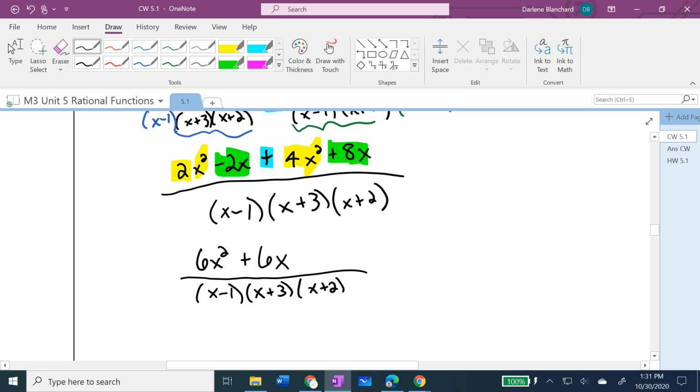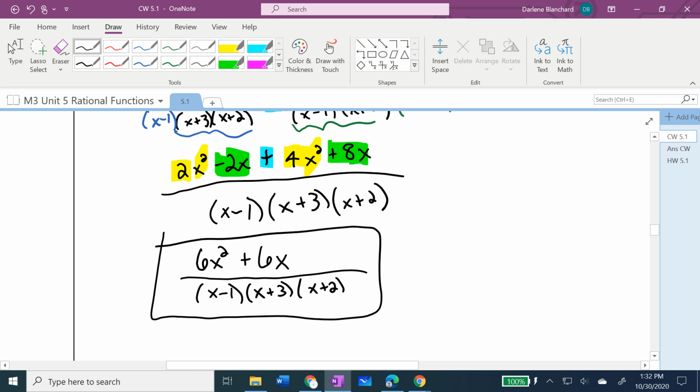Now, this is fine to leave your answer just like this. The numerator is in expanded form. The denominator is in factored form. If you really feel like factoring it, you can. I'm not going to stop you, but you do not have to. Does that make sense? You do not have to go through the factoring. You are just bringing these two together in addition until you have,